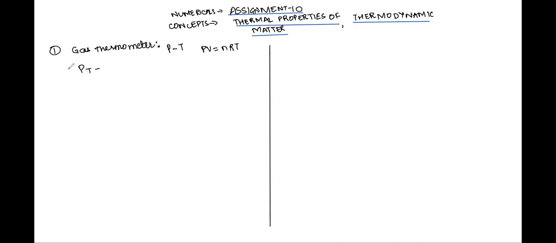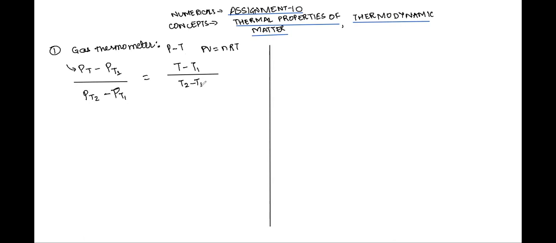Let's say pressure at temperature T is denoted by P with T in subscript, after which we write this minus the pressure at a known temperature, let's say T1, this whole divided by the pressure at some temperature T2 minus the pressure at the same temperature T1, and then the difference of those temperatures on the other side,